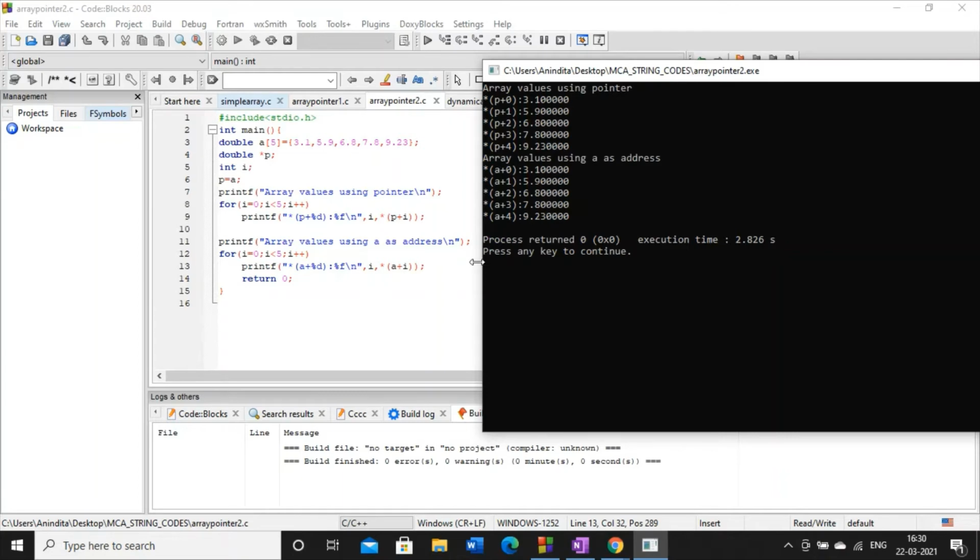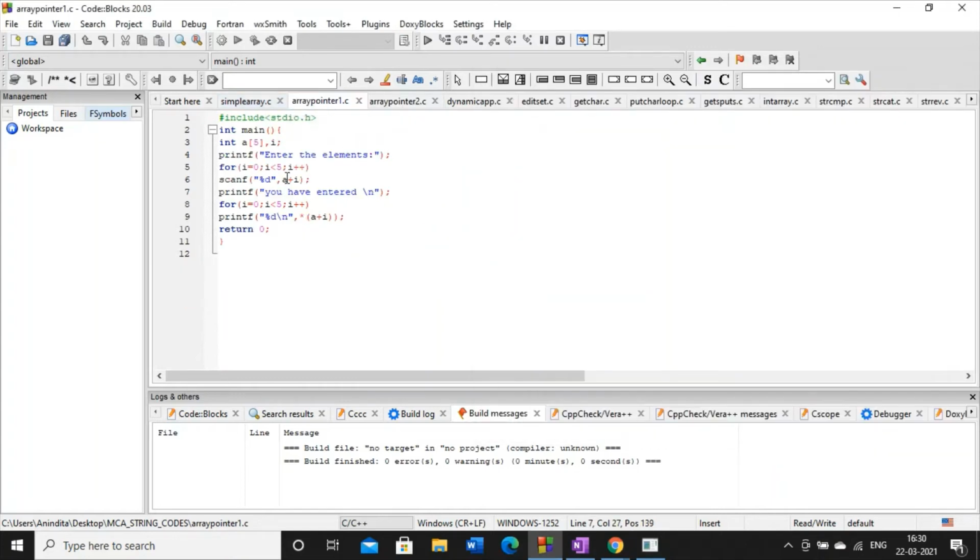So this is a classical example of a pointer to an array, where explicitly I have taken one pointer variable and assigned the base address of the array to the pointer, and then I have shown two equivalent notations. But mark one point: in the previous problem, I haven't taken any explicit pointer variable.